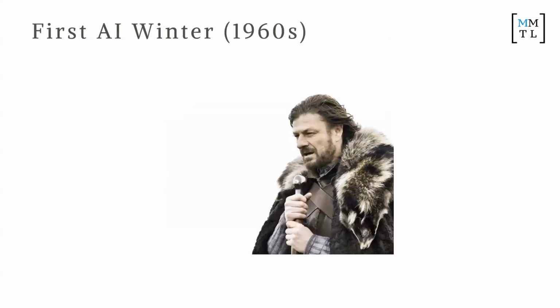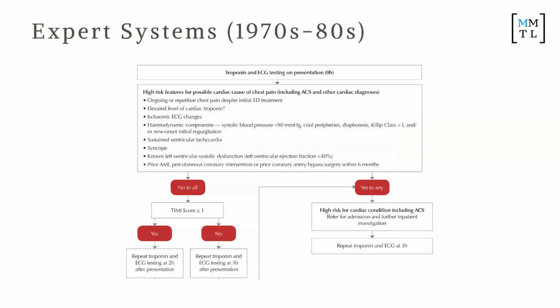It was pretty cool. All right, and then unfortunately, after the hype cycle, people started piling in money, they realized that AI seems to be not as powerful as people thought it would be. So it led to what's called the first AI winter in the 1960s, where funding dried up, no one was interested in it, research just died, and it went out of the field. And then that lasted for quite some time, until the creation of expert systems.